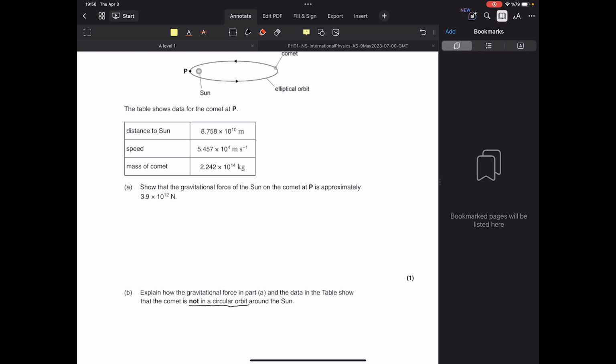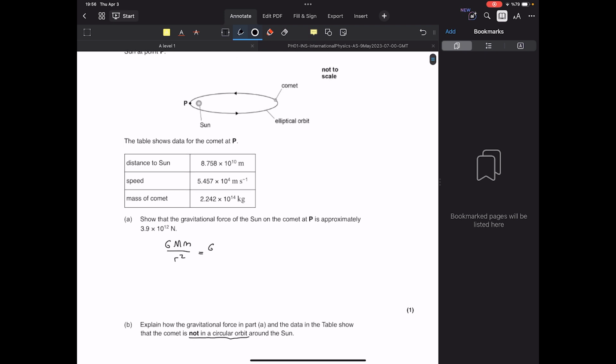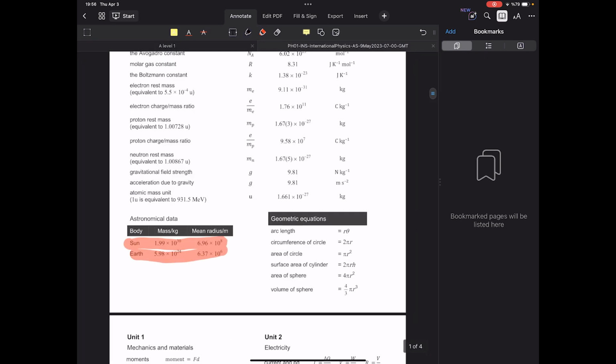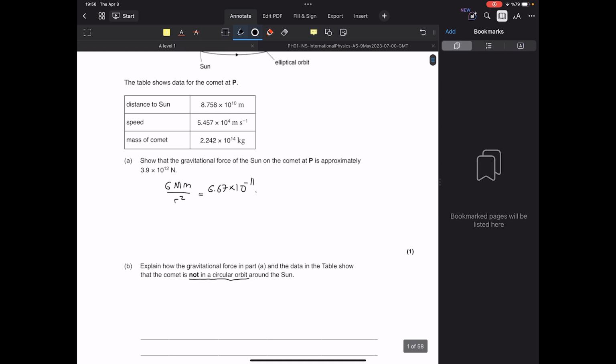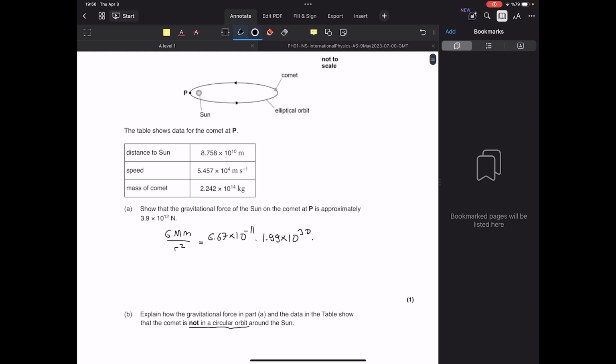So that gravitational force is going to be GMm over r squared, which is equal to 6.67 times 10 to the negative 11, which is G, times the mass of the sun, which is 1.99 times 10 to the 30, times the mass of the comet, which is 2.242 times 10 to the 14, divided by the radius, or the distance between them, squared, which will be